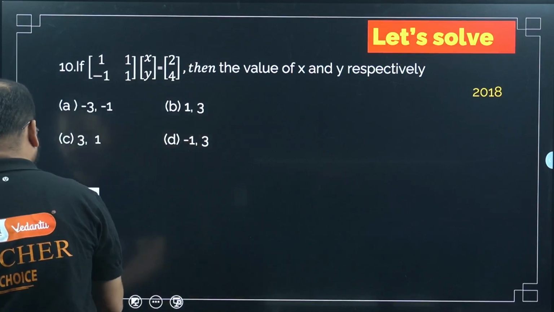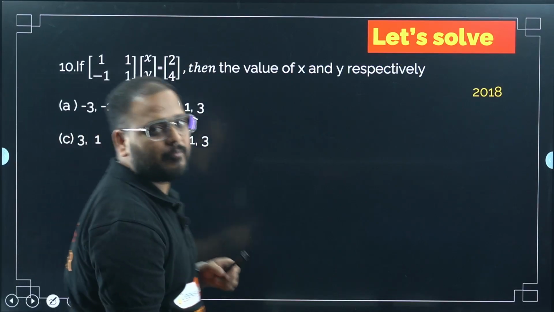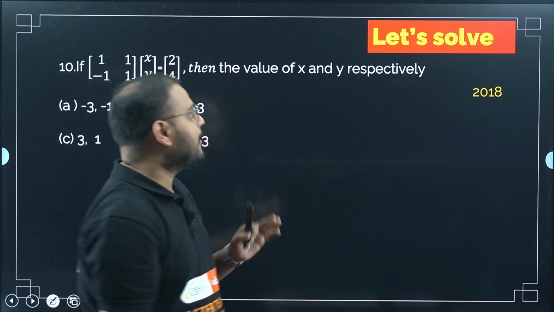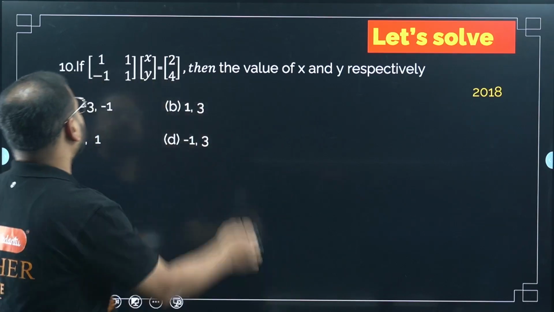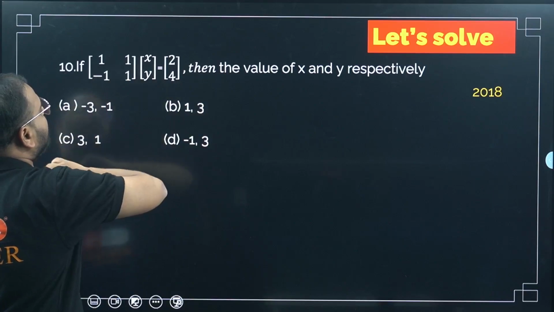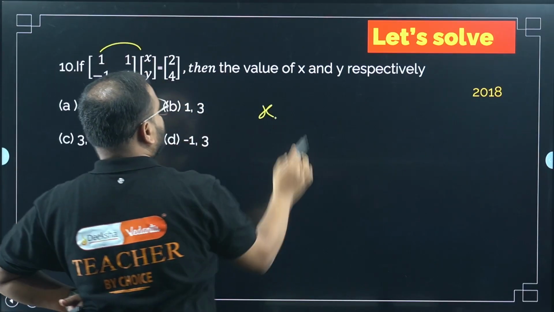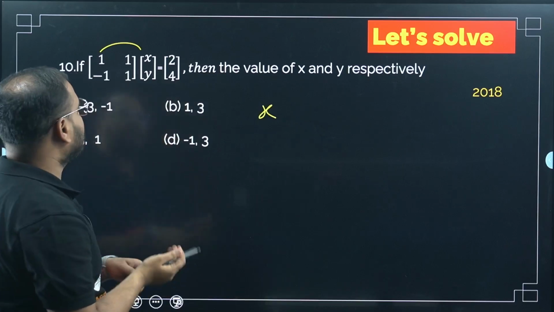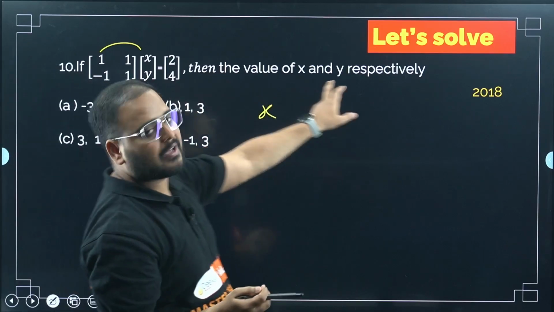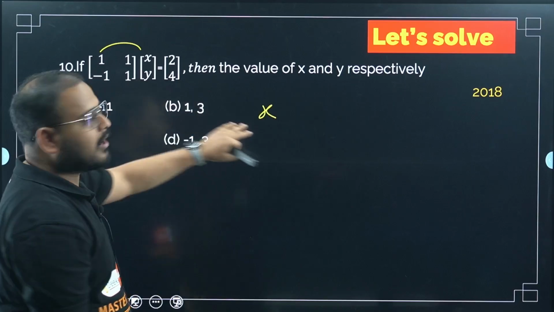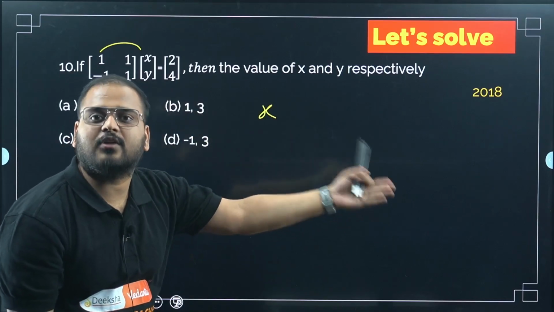This one I said we'll be using the consistent form formula. So we'll not be using inverse and all, but only the standard form from determinant. Multiplication is there, right? How will you multiply this? Please check. 1 times of x. What is the question saying? They've given a matrix condition. They're saying find the value of x and y. So we'll try to arrive at a pair of linear equations, then solve for x and y.